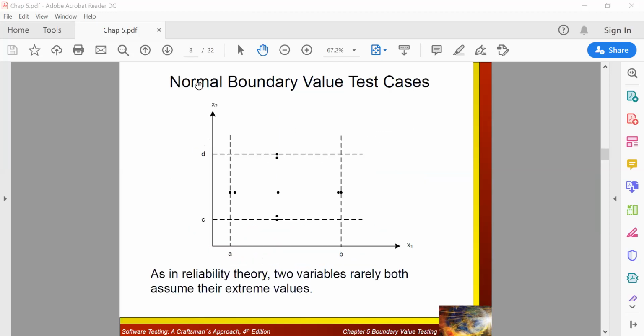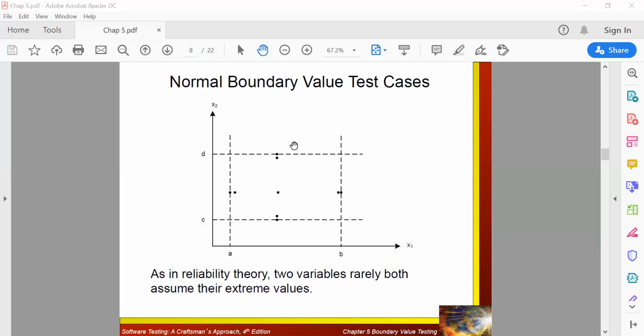Now with respect to your diagrammatical representation for two variables, here x1 is one variable and x2 is another variable. You have a range for x1 as a to b, and a range for x2 as c to d. That is, a is the minimum value for x1, b is the maximum value for x1. Similarly for x2, c is the minimum value, d is the maximum value.